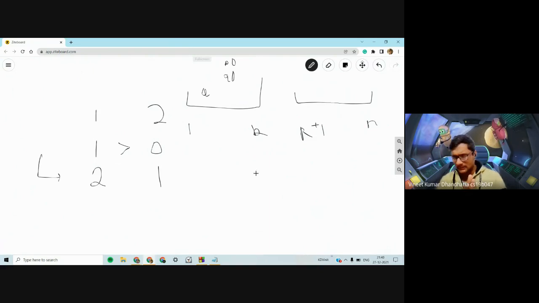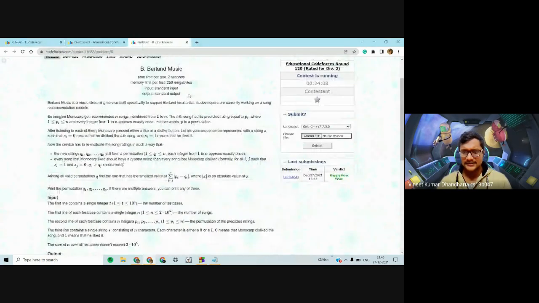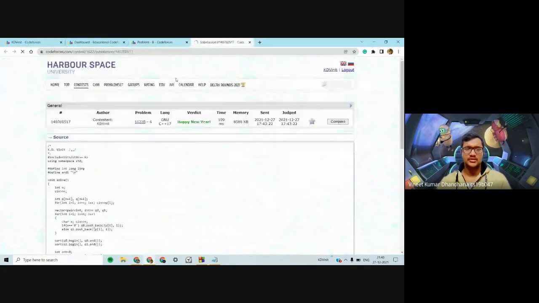So you can apply a kind of greedy technique and see that you would just sort them firstly based on 0 and 1, and then based on their original rating, and then assign the new rating in that order. There can be various ways of implementing this. I will just show you mine.